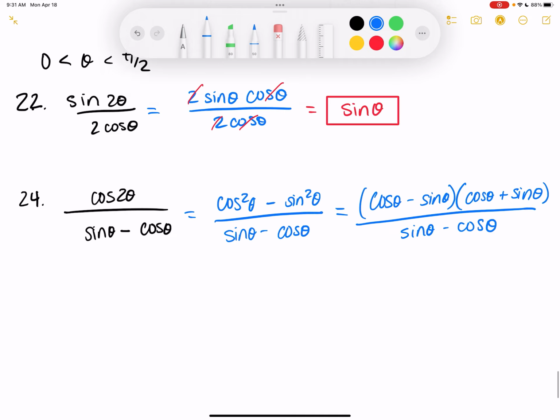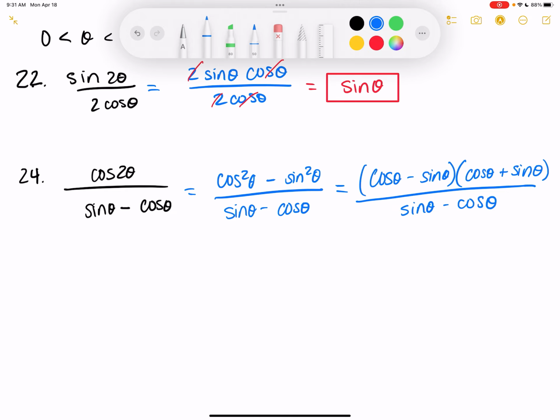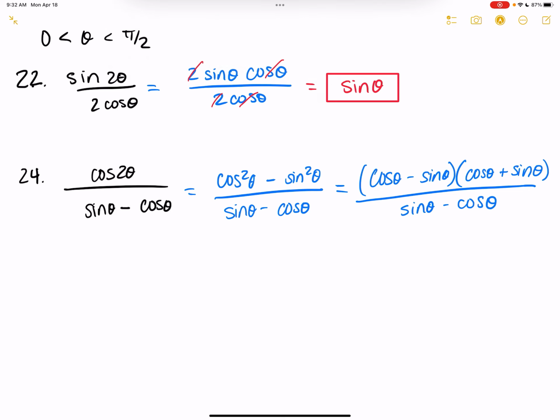Okay, now what's the only issue we see here? If I want to cancel something, what's the problem? Let me focus this a little bit so you can see it better because it's getting blurry. You can't cancel them because they're not being multiplied. Well, what's different? The signs are different. The top one is cosine of theta minus sine of theta, but the bottom is sine of theta minus cosine of theta. But not completely a problem